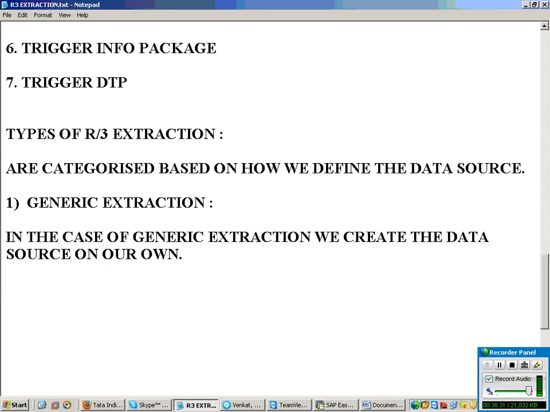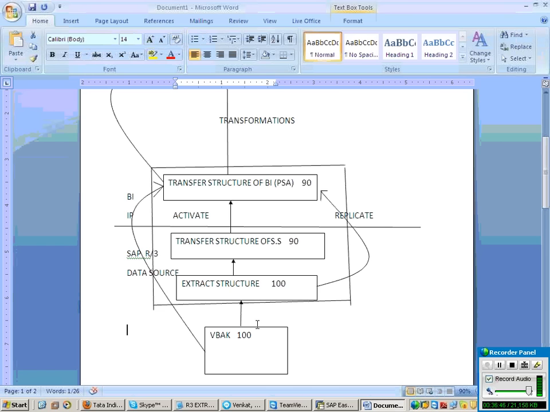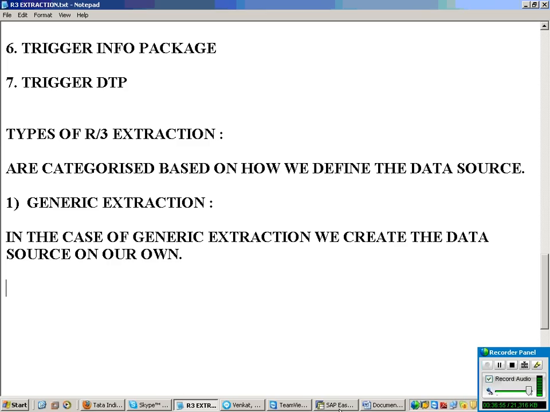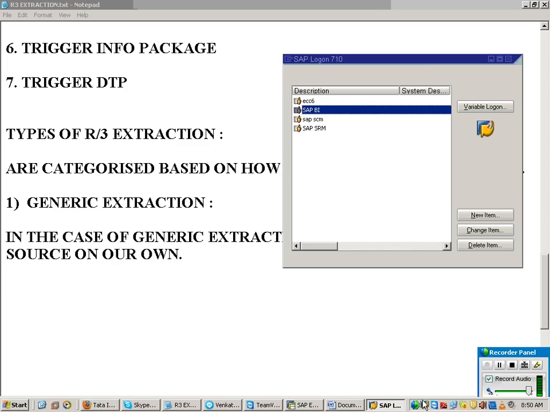In the same way, I log on to my R3 system and create my data source on my own. In the example I just gave, while creating the data source, I said I will be giving the name of a table. So when you start extracting the data, imagine I am logged on to my R3 system.